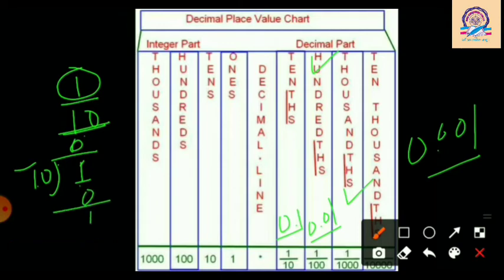Now here we have 1 more time as a dividend. Now put a decimal here, just a small dot here in the quotient place. So what will happen? A 0 will be added in the dividend place. Now it is 10 and it is equal to 10. So 10 ones are 10. So after subtracting you will get 0. So 0.1. So in this way we can get the decimal values of these fractional numbers. Is it clear? I hope it is very well clear.